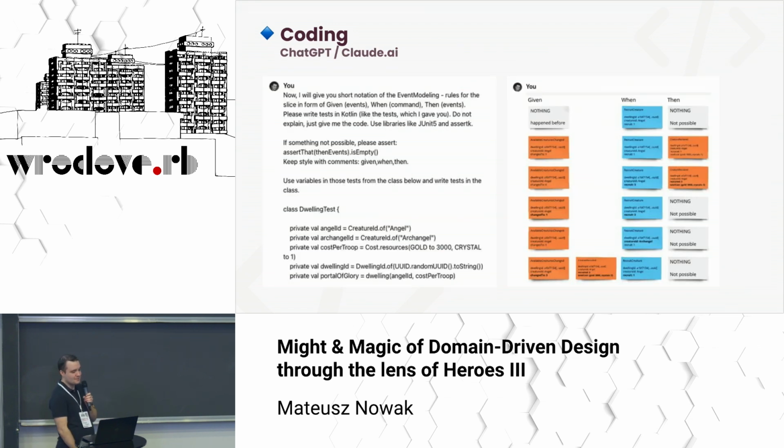And translating an event modeling specification to a test is a very boring and repeatable task. So it's better to give it to some junior or even an LLM. And to be honest, I put the event modeling into ChatGPT along with some samples of how I translated just the first slice to code, and the AI did the rest of the work for me. You may find the whole sample on my blog, and it will definitely be easier to read it on your machines than on this slide, of course.